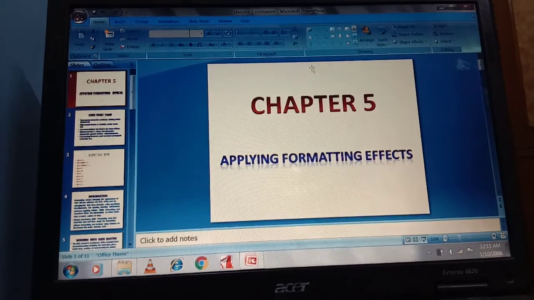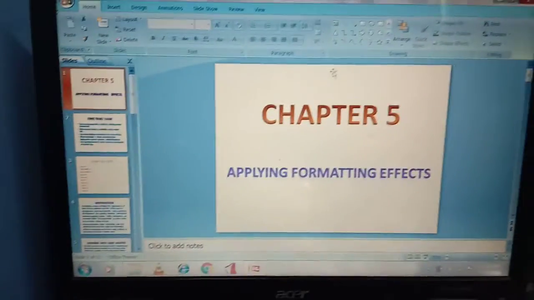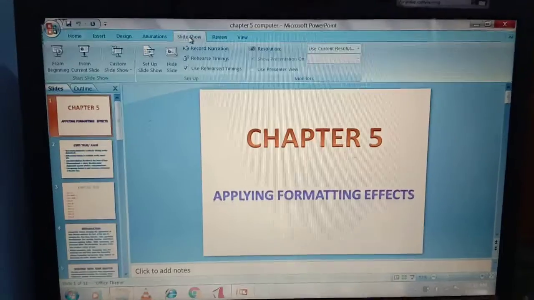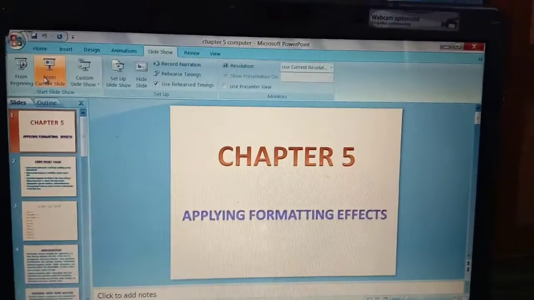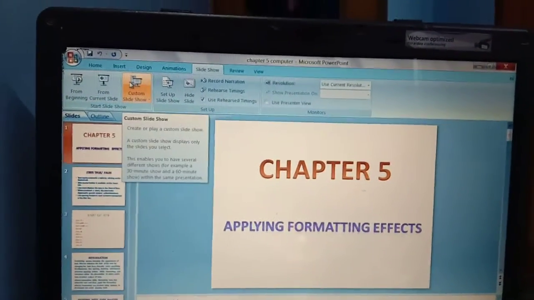So how to open slides in a slideshow? I think you all are aware of it now. For this, we have to click on the slideshow option. Can you see this? And then click on From Beginning, or From Current Slide, or you can customize the slideshow also. This is the other thing.